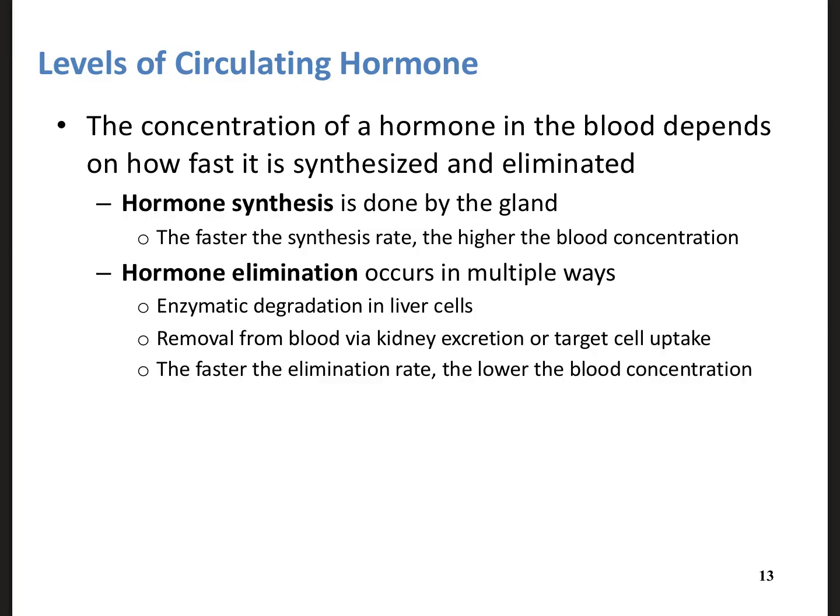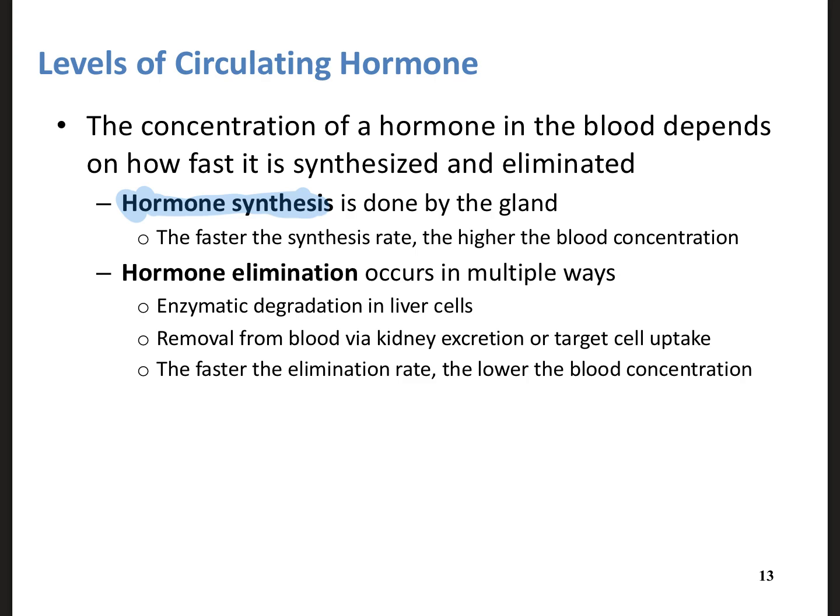There's two different ways. How much is synthesized is our first way of regulating how much hormone is there. So if a child is growing and doesn't grow very high in stature, an endocrinologist may look for the levels of growth hormone, and they might not have enough. That is directly related to hormone synthesis. They're not producing enough, or they produce too much. So how much we synthesize is the first way of controlling how much is present in the body.